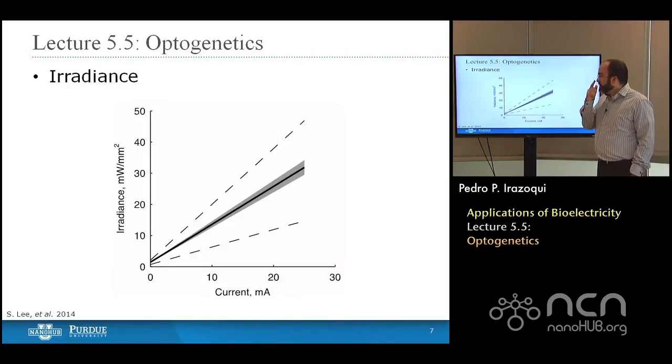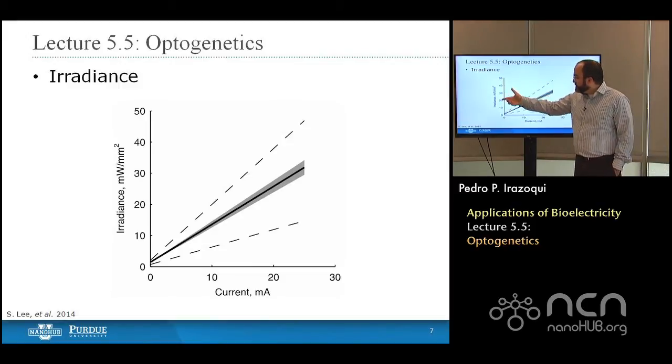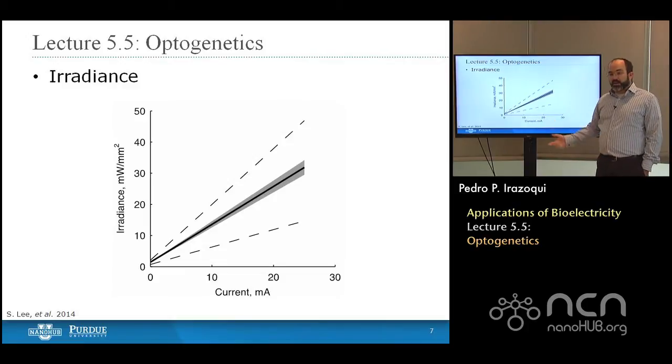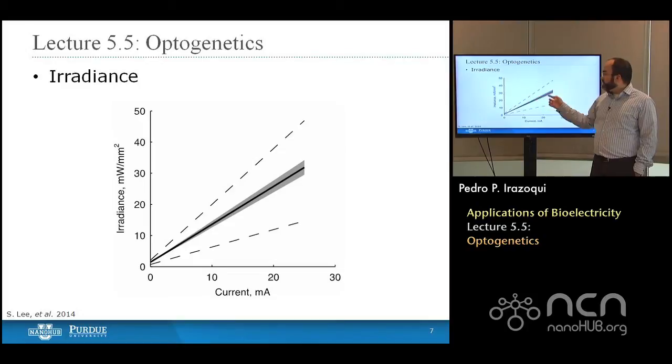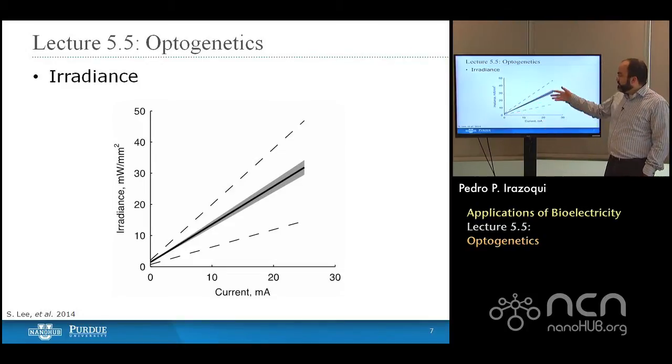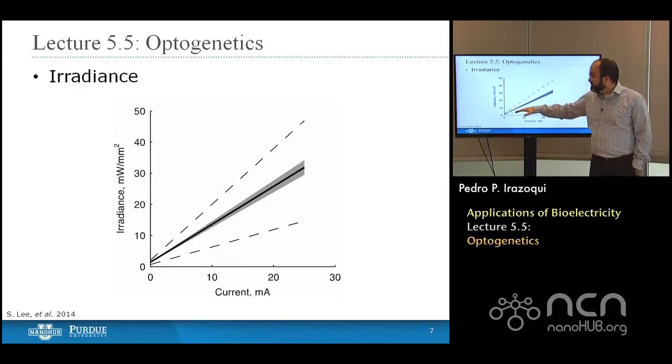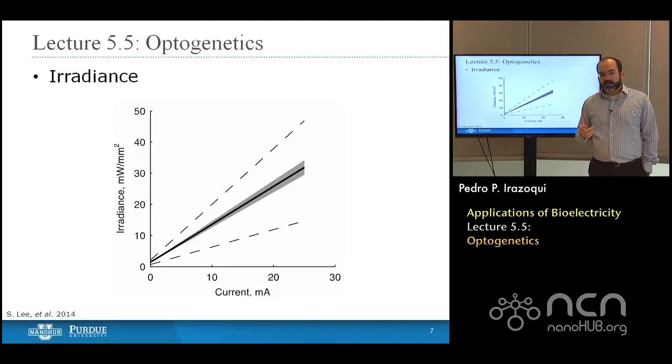So we look at that irradiance, the measure of light power produced by a device like this. We plot it as a function of current, and we find that the average device has a linear relationship between current and irradiance, shown by the black line, and you have a 95% confidence interval that for any given device you're going to fall somewhere within this gray area. But looking at a large number of devices, we've seen values anywhere from this minimum in this lower dashed line to this maximum in this upper dashed line, and that gives you a sense of the amount of variability from the manufacturer. So we have to take that into account as we select our devices.